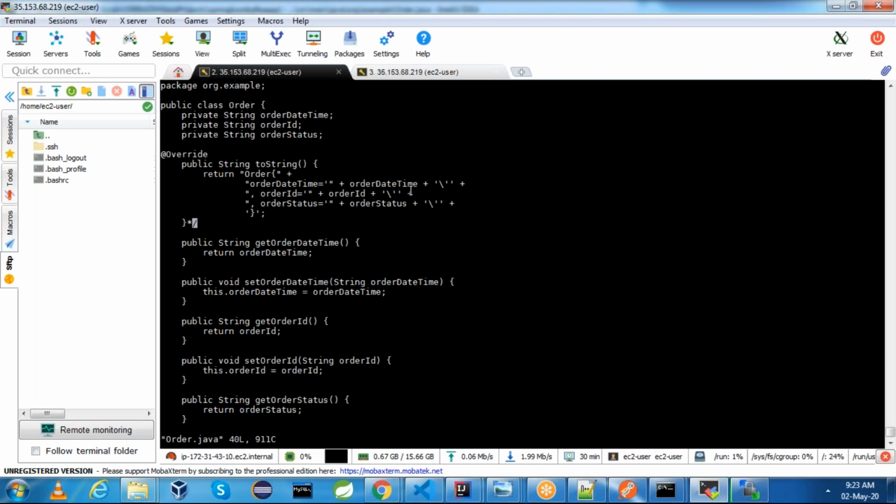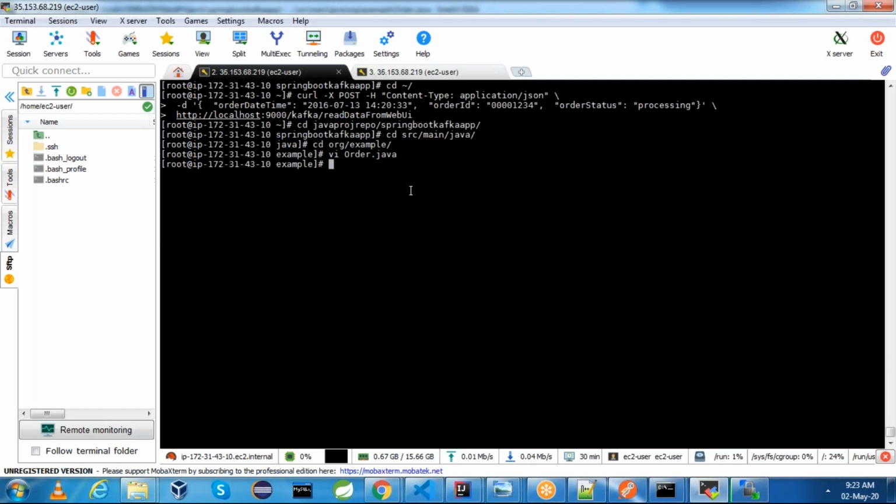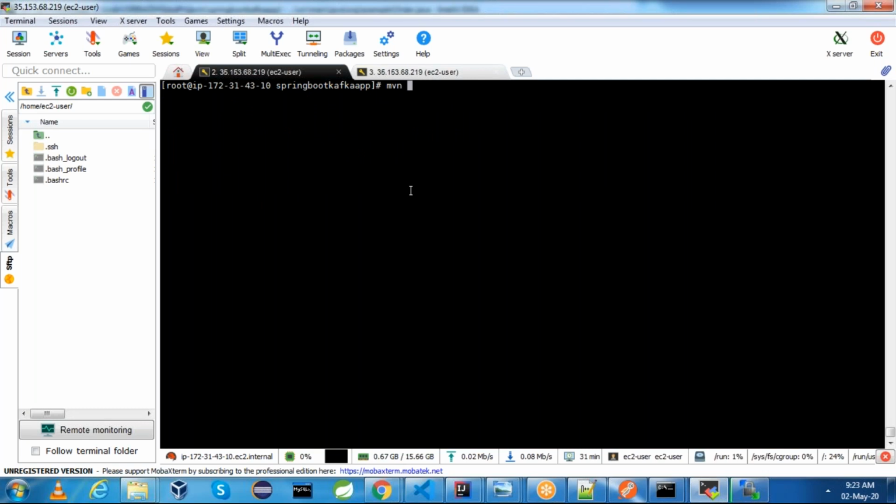It is printing the hash code of the Java object, which you may not be aware of. Now run the Spring Boot application again: cd java project repo, Spring Boot Kafka application, and run mvn spring-boot:run.